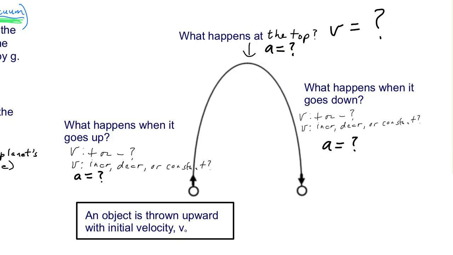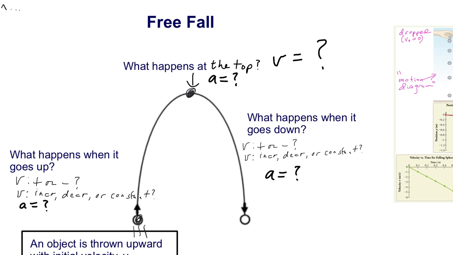Okay, let's talk about what happens if I threw something up and let it fall back down. The important thing is, here's a rock and I'm throwing it, it's coming off my hand and rising, and here it hits the top, and for a moment it has to stop, because it has to turn around. You cannot change your direction